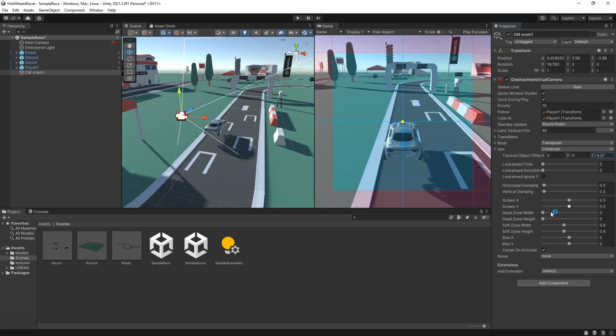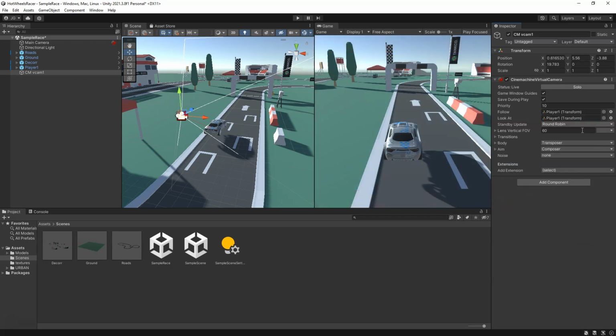So we've got that. We have some dampening here, which for now we could just turn off so it purely looks at the target with no problems. There's also some body settings. And if you want to know more about Cinemachine and look at these settings more thoroughly, you can actually